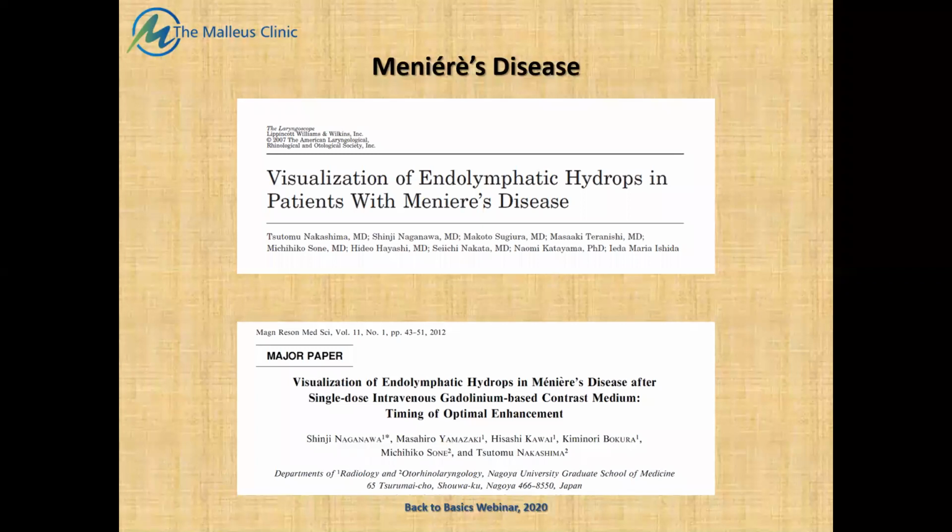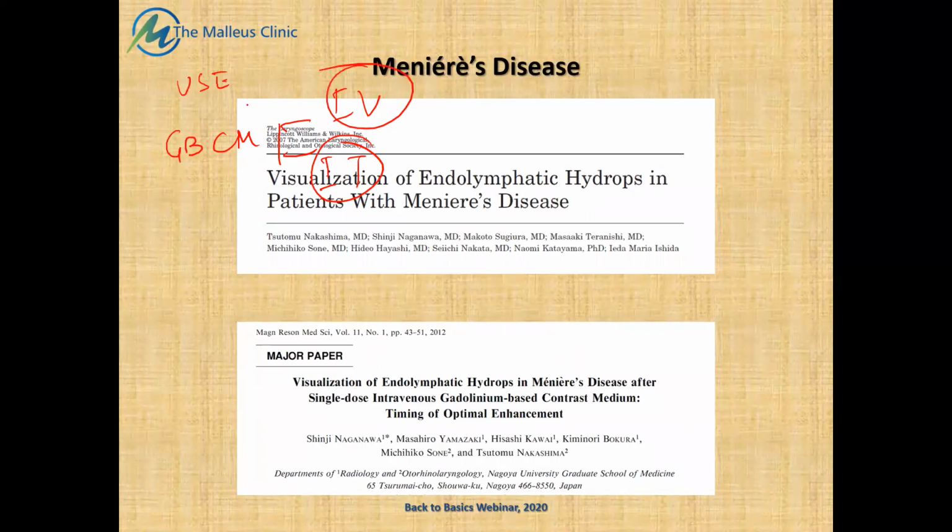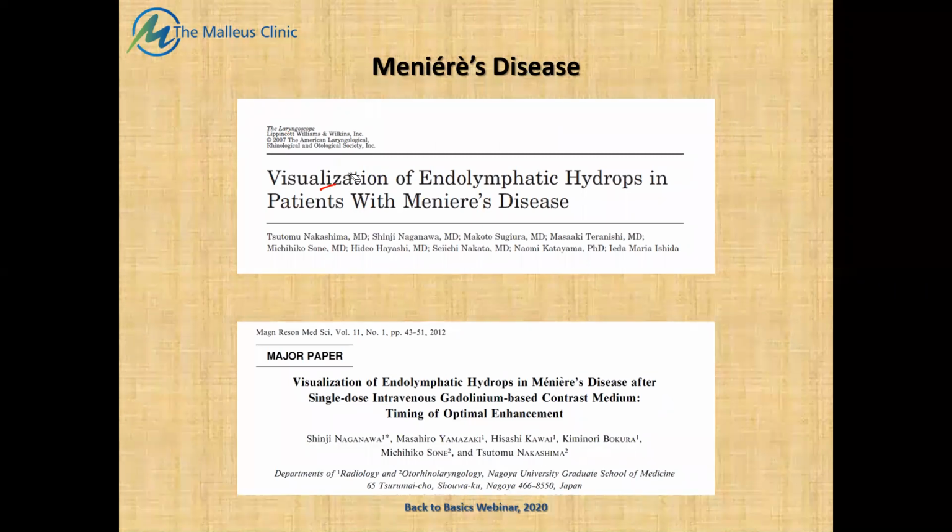He's got publications of a demonstration of endolymphatic hydrops in patients with enlarged vestibular aqueduct, and so on and so forth. So they have proposed two means of use of gadolinium. One is the obvious IV method, but the other is the intratympanic method. The advantages and disadvantages we'll discuss later. But more important than that, what they have advocated is a delay as far as imaging of